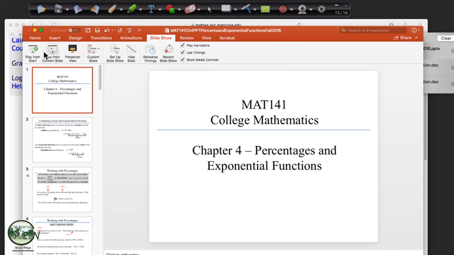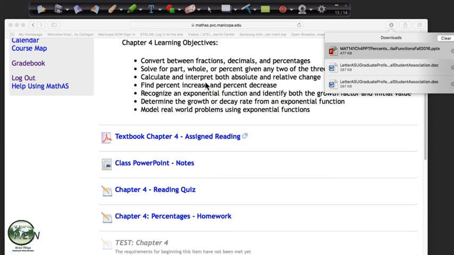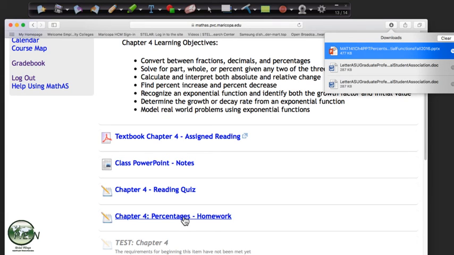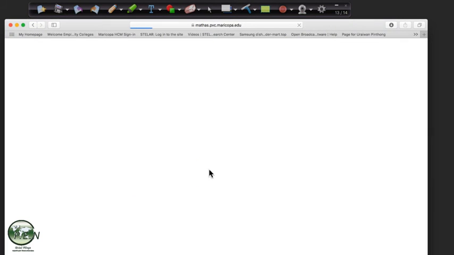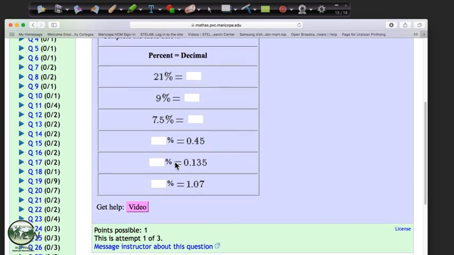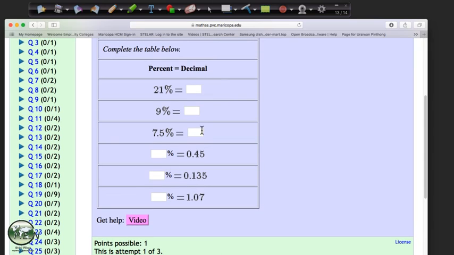If you run into something that it seems like we didn't cover, please do feel free to send me an email. Remember, and I just highlighted this in the homework, when you get into doing a homework problem, there's a message to the instructor about this question button. If you've already put in numbers and it doesn't give you something right, when you message me, I go into your grade book and I will see exactly what answers you got in there. So that a lot of times helps me with something.